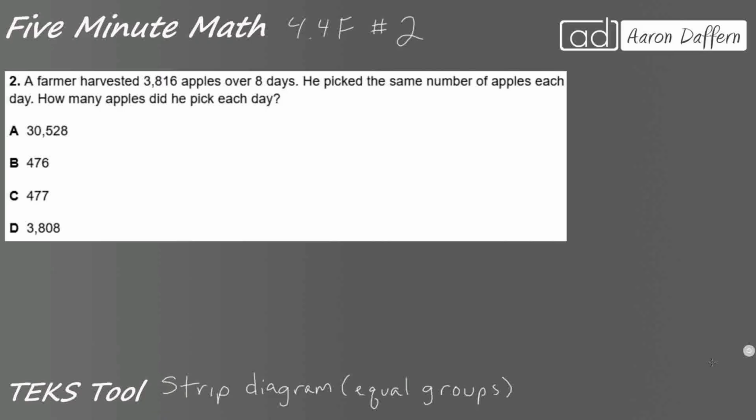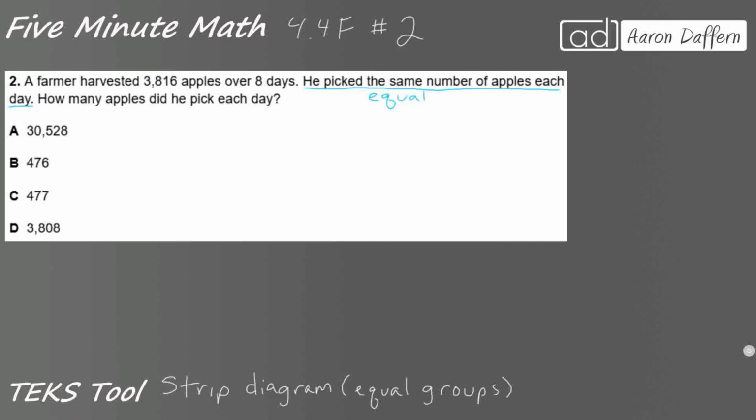So we have a farmer harvesting a whole bunch of apples over 8 days. We've got the same number of apples picked each day. We need to figure out how many apples are picked on each of those days. Well, I see something in this word problem that lets me know that we're dealing with equal groups, and it's the second sentence right here. He picked the same number of apples each day. So that is a statement that lets us know that we're going to have equal groups, the same number of